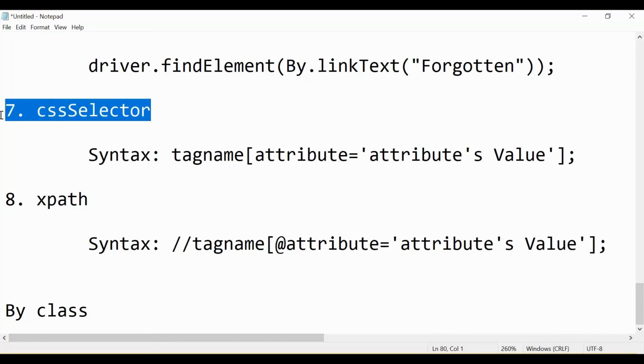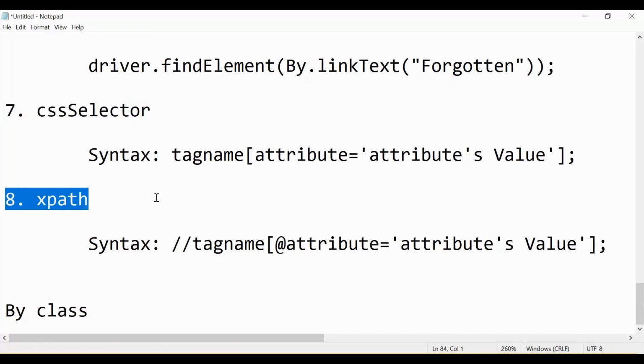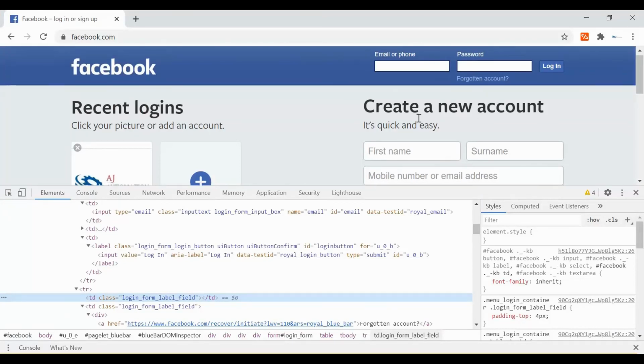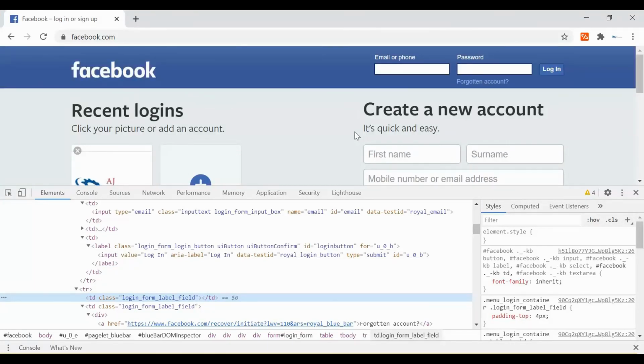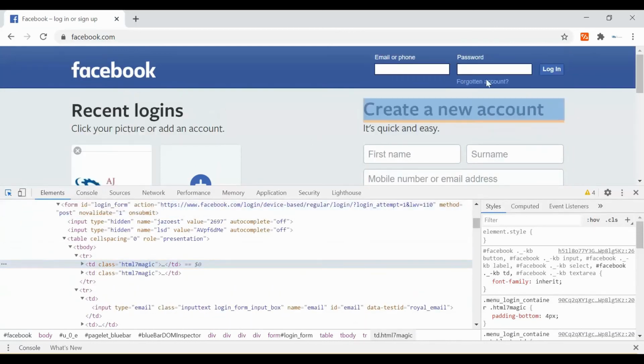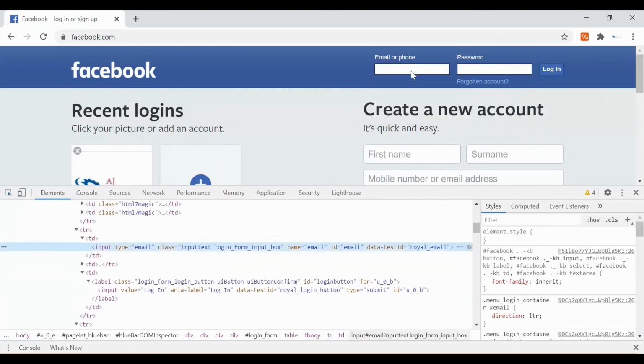And we are going to see in detail what the different methods are. There are multiple ways you can create the XPath for a web element, and a web element can have one or more XPaths. So if you want to create an XPath for this email field, there are attributes available, and with the help of different attributes you can create the XPath.